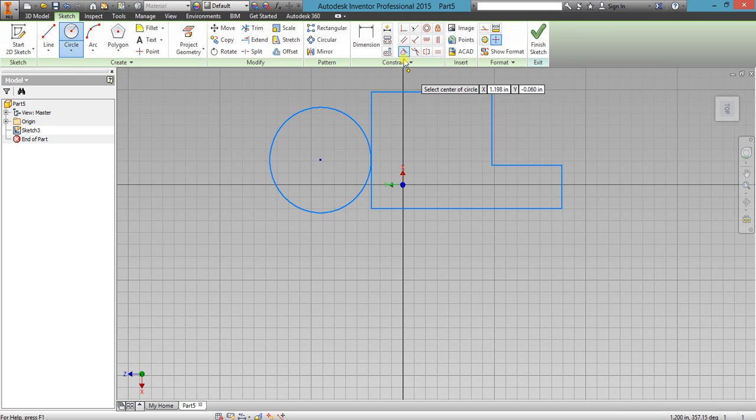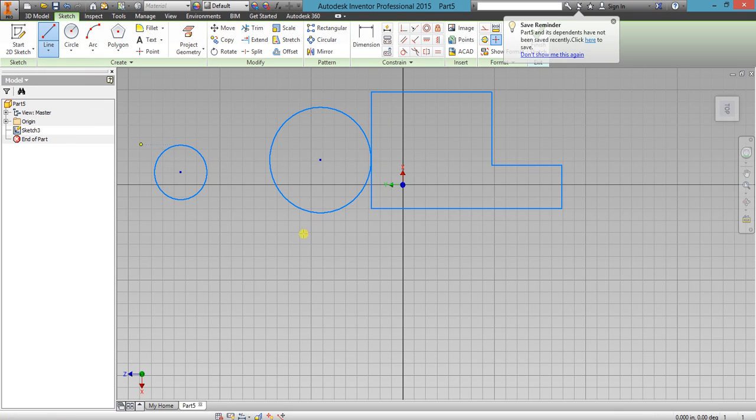Tangent can also be applied to two curves. You can see this way. I don't want this circle to move, hence I will also fix this point. Now I will use line, two lines.